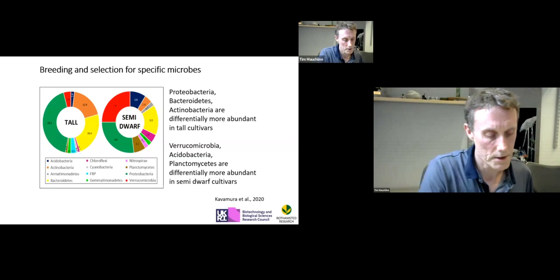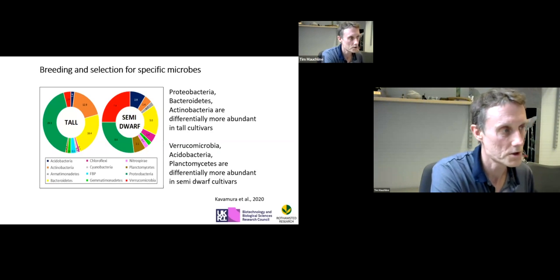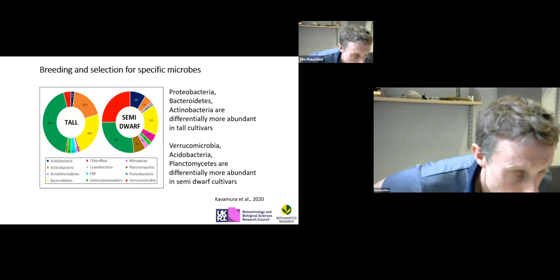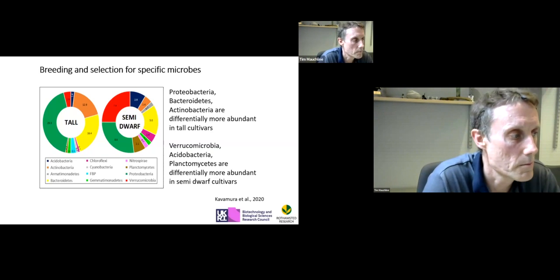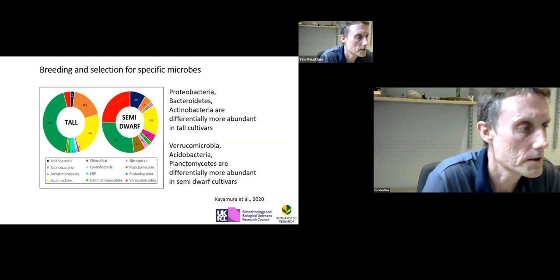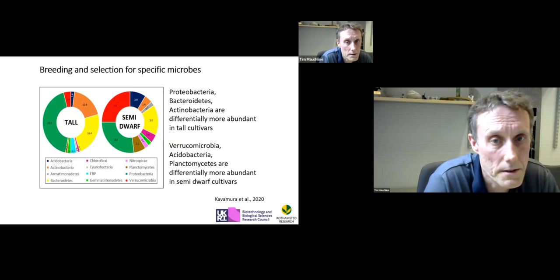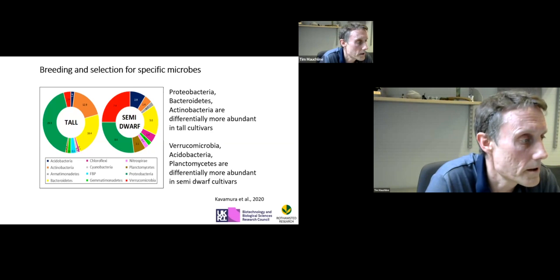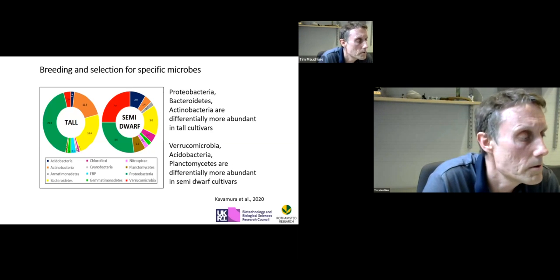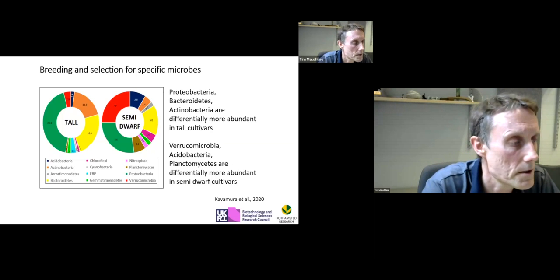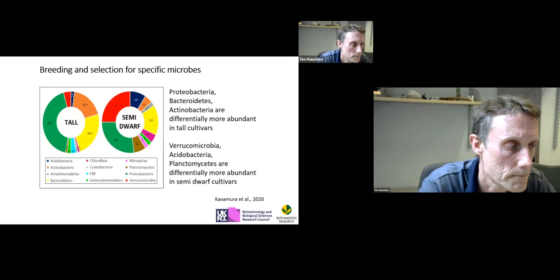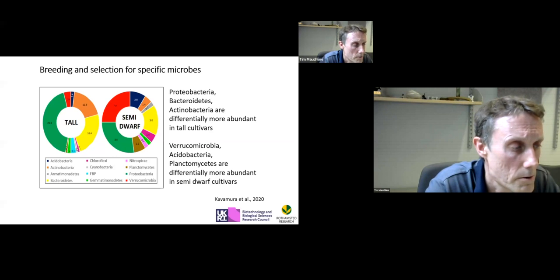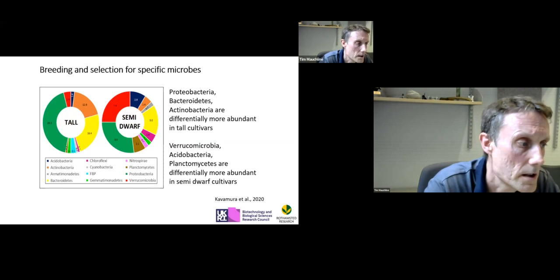And so what we wanted to look at next was, what's actually causing this change in structure. What is the difference between the microbiomes of the tall and the semi-dwarf cultivars? And what we found when we looked at the differential abundance across the two different types of wheats here is that the proteobacteria, the Bacteroidetes, and the actinobacteria are differentially more abundant in tall cultivars. And we also found that the verrucomicrobia, the acidobacteria, and the planctomycetes are differentially more abundant